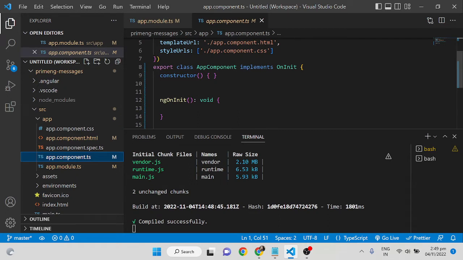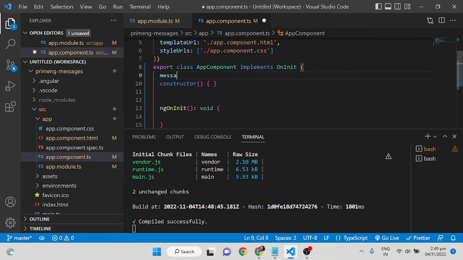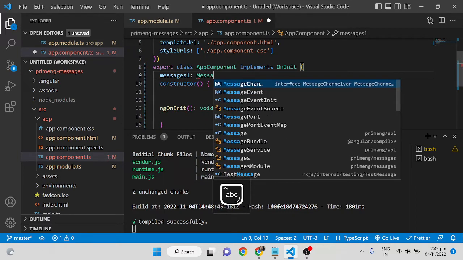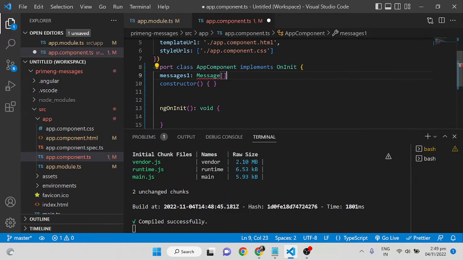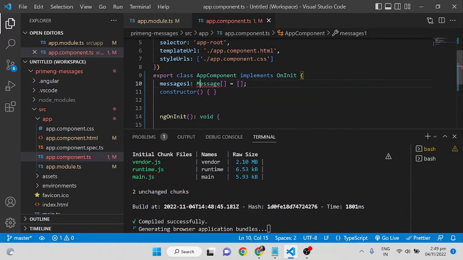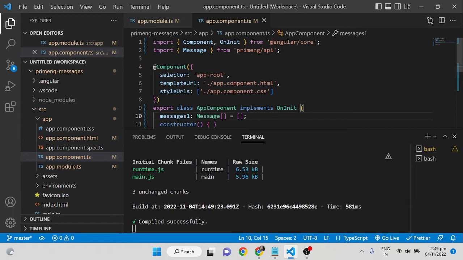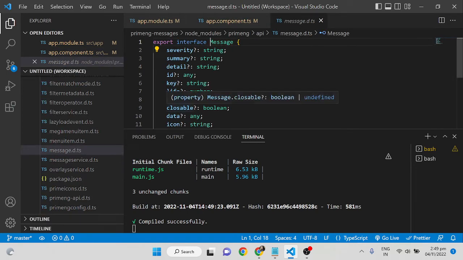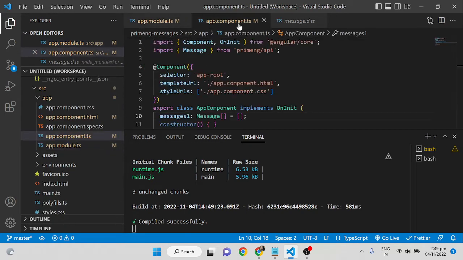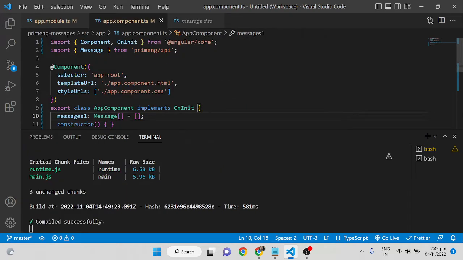How can we do it? For that I am just declaring a variable called messages1. That is the first way of showing messages in PrimeNG. I am using an interface of PrimeNG itself, and it is imported from the PrimeNG API, and this contains different options. That means you can give different options as well. So going to the app.component.ts,